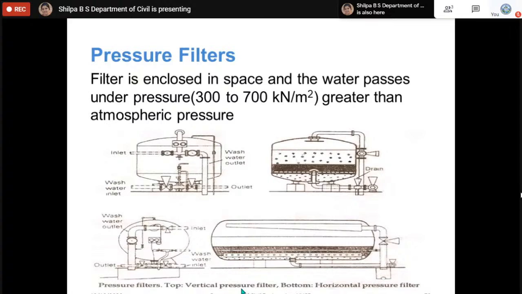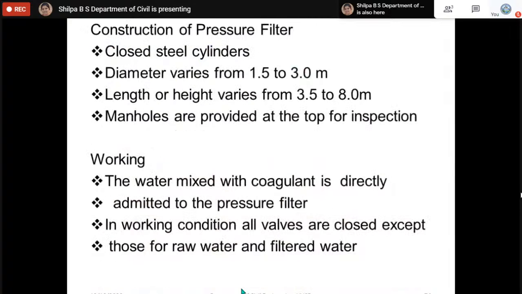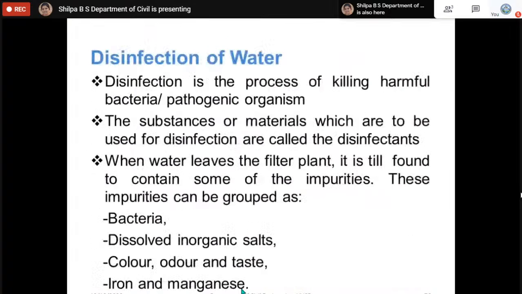The pressure filters are those where water is passed under a pressure of about 300 to 700 kilonewton per meter square, which is usually greater than atmospheric pressure, and these are generally used in swimming pools. Coming to the disinfection of water,